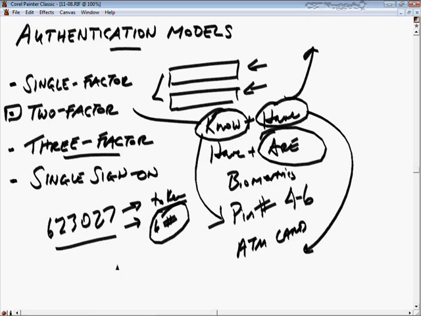Now, before I do that, though, let me just tell you what single sign-on is. Enterprise single sign-on allows us to sign on one time, and then we get granted tickets. Well, I'll use Kerberos as an example. We sign on one time with our credentials, whatever they are, single factor, two factor, three factor, the stronger the